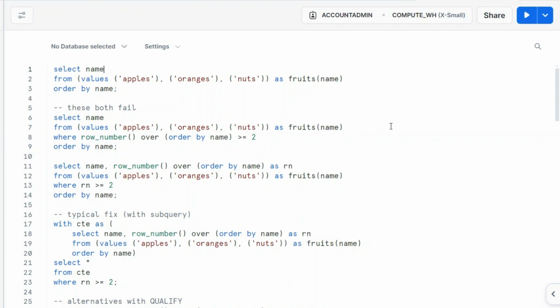You can see here after the from clause, I will say as fruits, and so I will define basically the values as a table, as a dynamic table. This is what I have here, a table on the fly. So let's execute the first one,